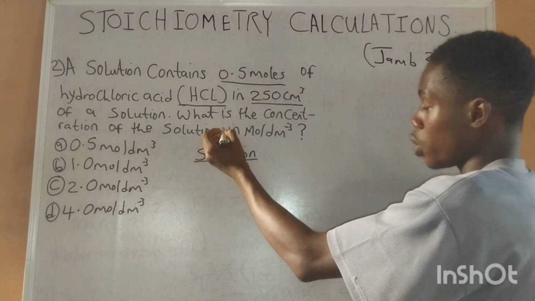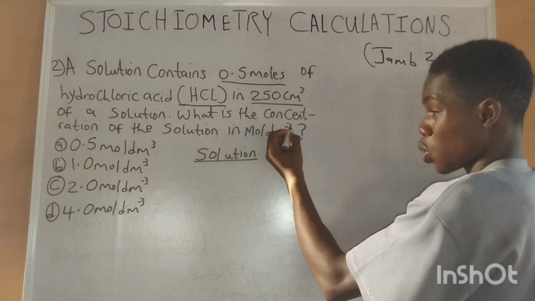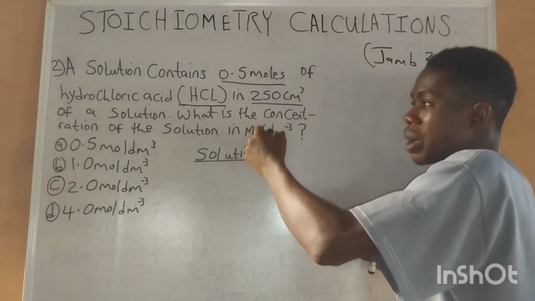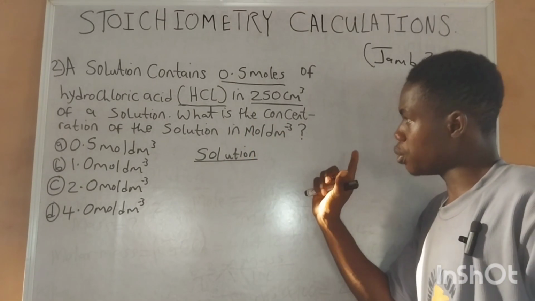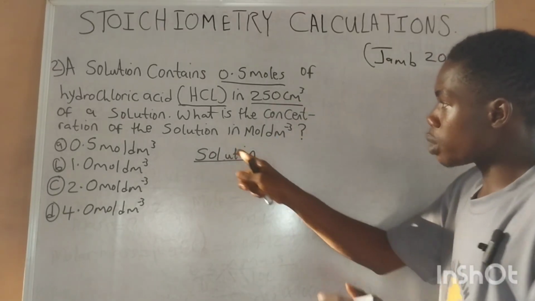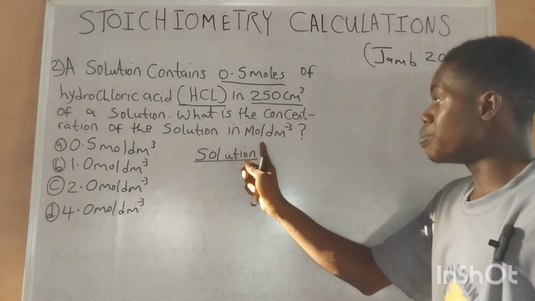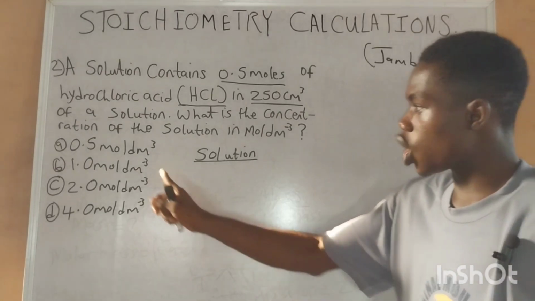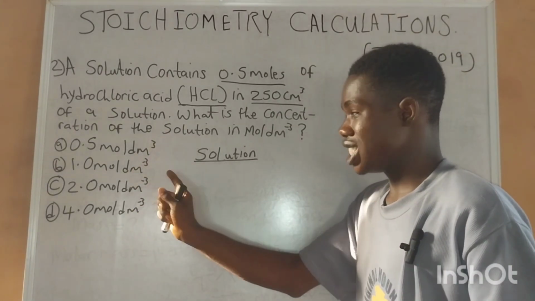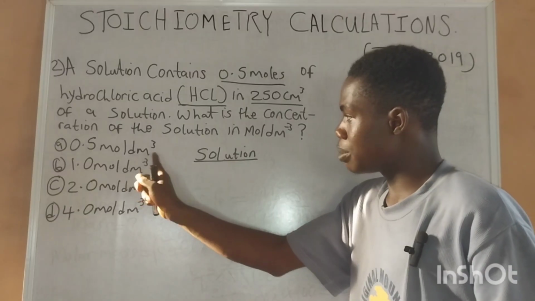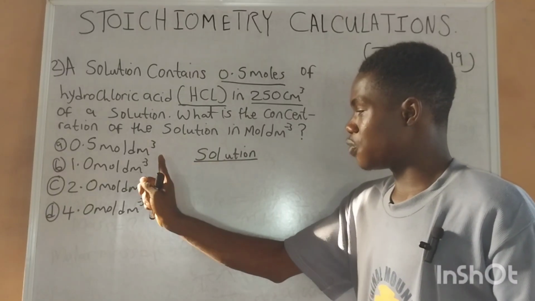And the main question says, what is the concentration? So we are looking for concentration in this particular question, in mole per dm cube. So if we must find the concentration, it must be in mole per dm cube. And if you look at the options, they were even given in mole per dm cube, which means this dm cube is a unit for volume. So the volume must also be